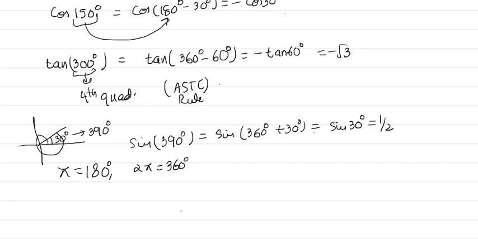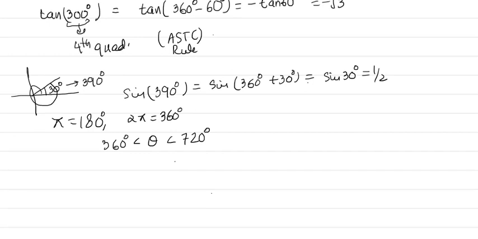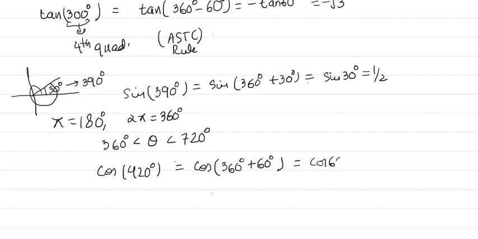Okay. So like that, if theta is greater than 360 degree and less than 720 degree, you simply subtract the angle. Are you getting the point? So if I write cos 420 degree, my suggestion is you just solve this problem without writing anything. So you develop your reasoning. Think in this manner: first of all 360 degree plus 60 degree. Okay, and then you can write cos 60 degree, and then this will be half, like that.